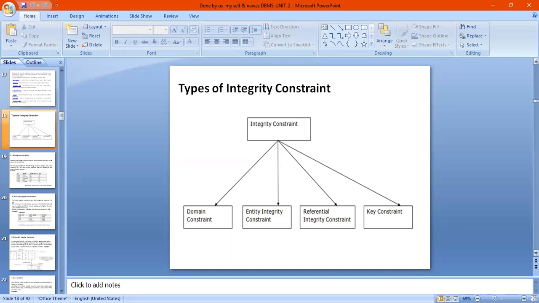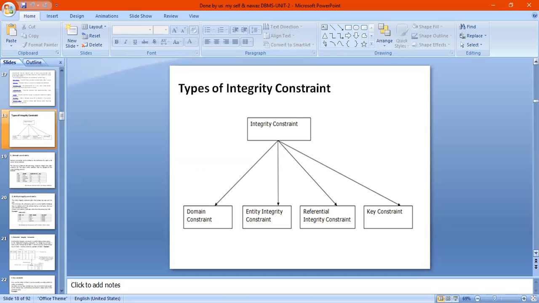Next, time is reserved. So in a domain, if the attribute has any other foreign letters, it violates the domain